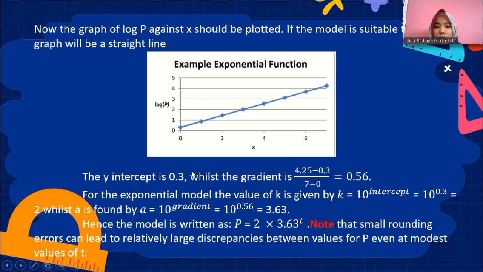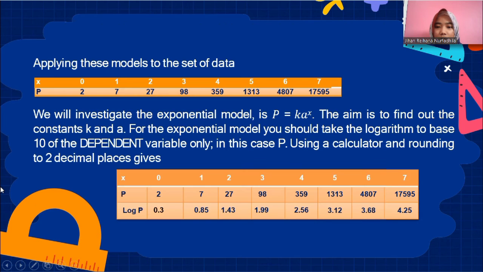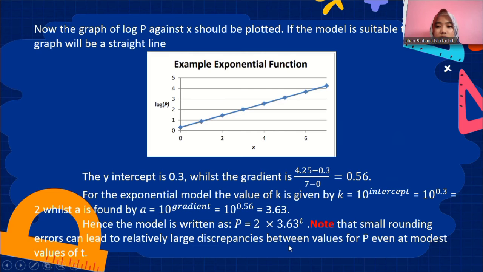This is the value we got from before. For the exponential model, the value of k is given by